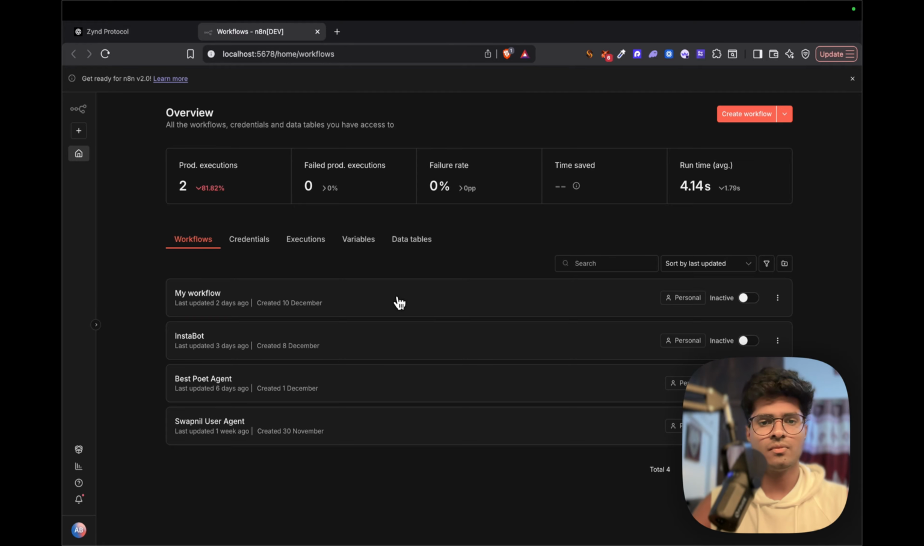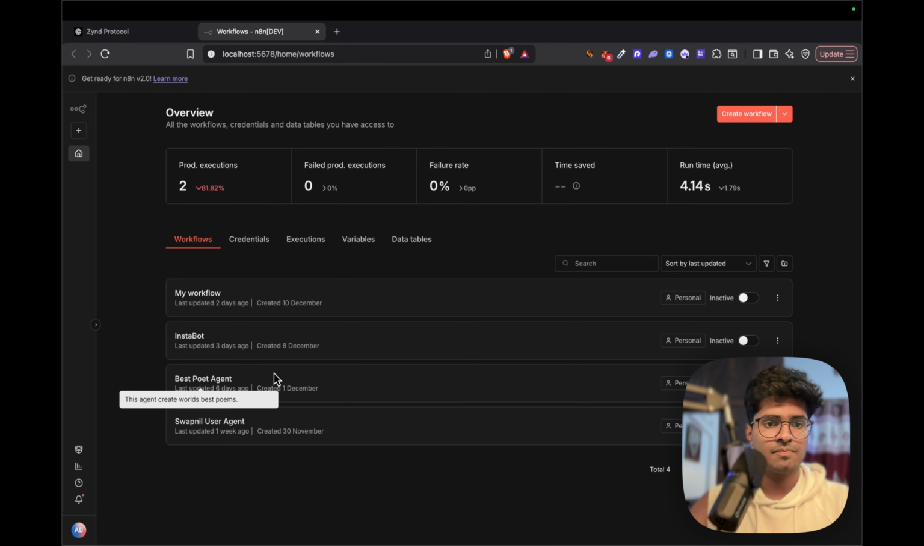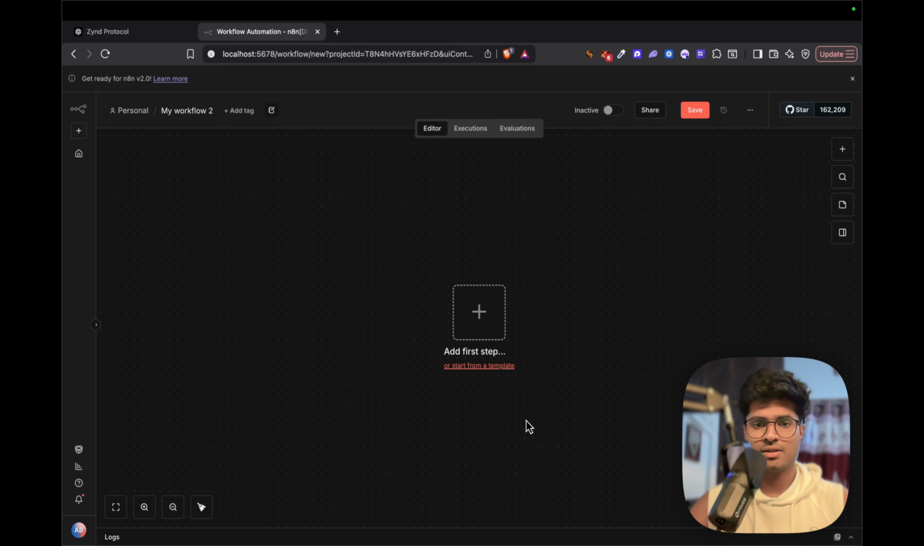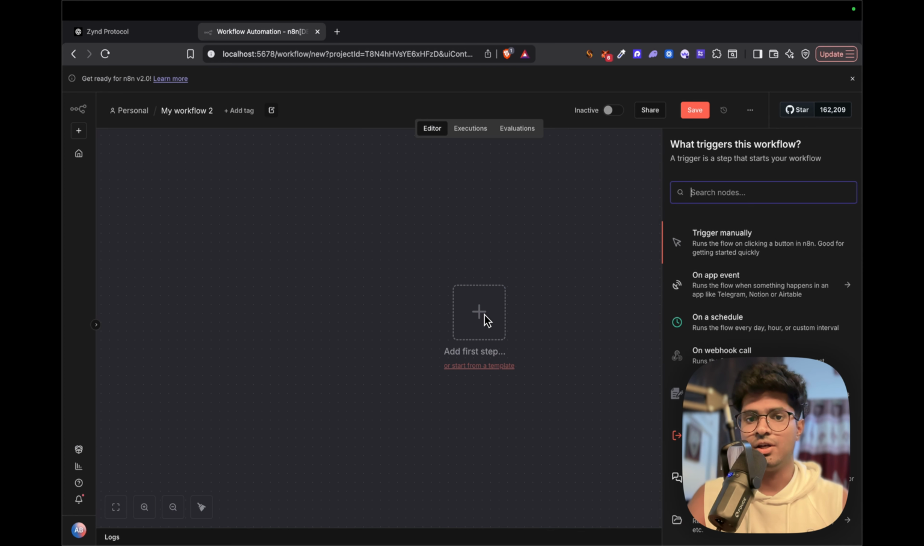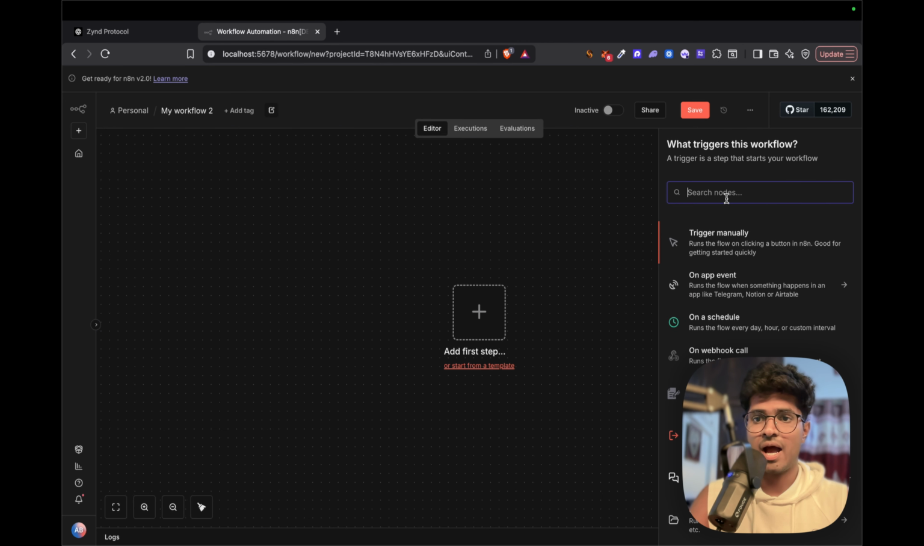Okay, so as you can see, I have created these two agents. I'll quickly turn them off and make them inactive. And yeah, I'll create a new workflow. In order to create a new agent, you just have to click on this create workflow button, and then this is your N8N canvas, and here you can add new nodes to create agents, right? So I'll quickly go and create a basic AI agent